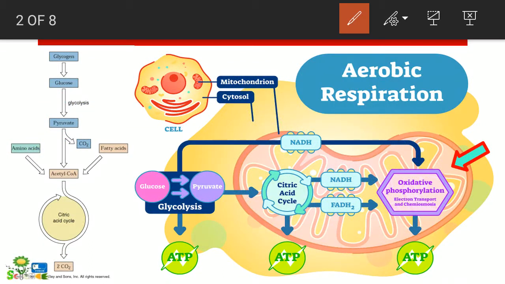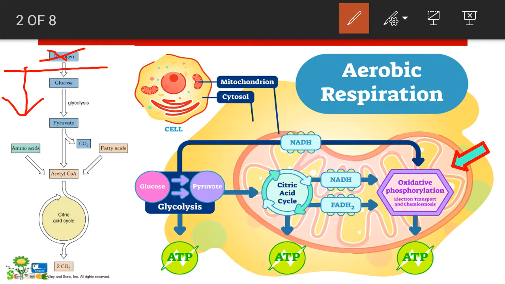Just remember that in case of plants there is no glycogen. In case of plants there are two types of sugars. One is the transporting sugar, another is the storage form of sugar. Transporting sugar is the sucrose and storage form of sugar is starch. Whereas in case of animals, transporting sugar is glucose and the storage sugar is glycogen. Here we are talking about the plants, so we have neglected the glycogen and now we are looking from downwards